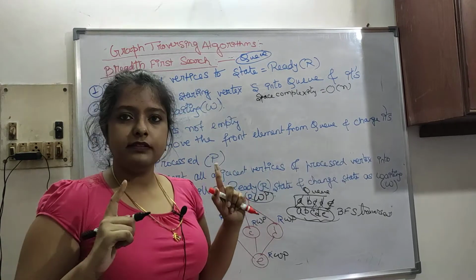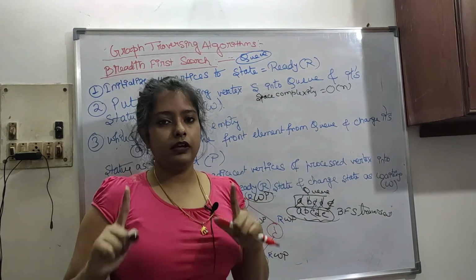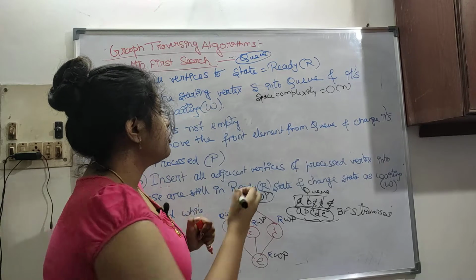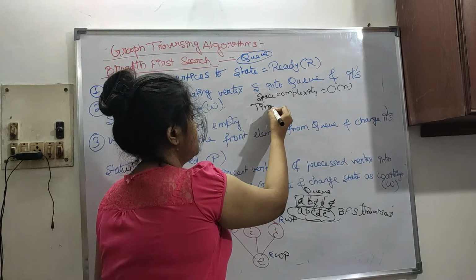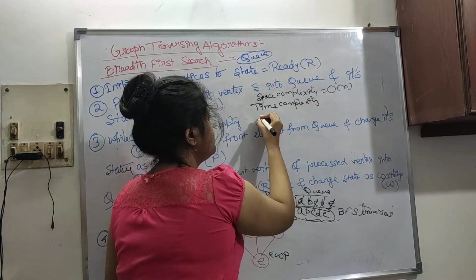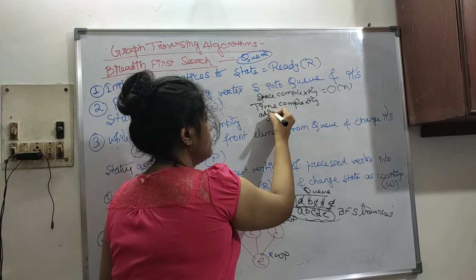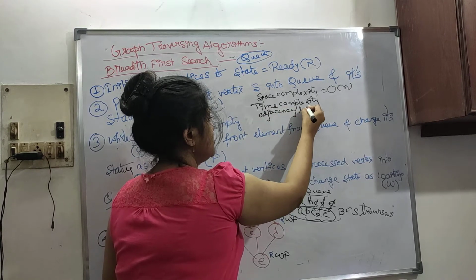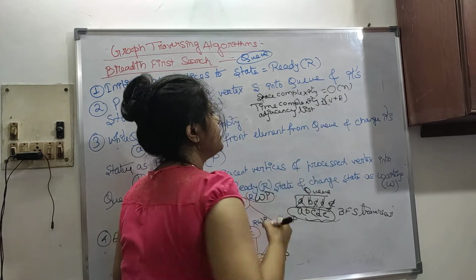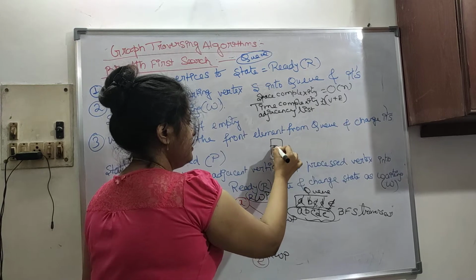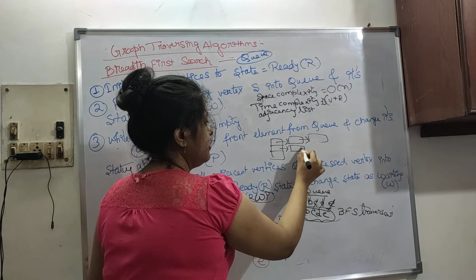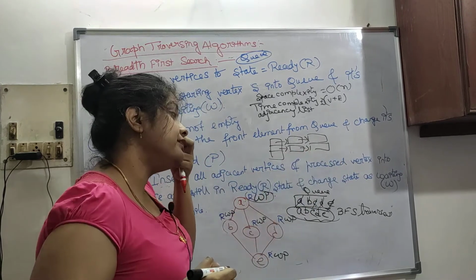So about space complexity, time complexity we will do in a detailed way in our algorithm course, which we will continue after this DSA only. So now time complexity. See, if we are using an adjacency list, then it is order of V plus E. What is an adjacency list? If this is like a list, linked list kind of thing, then it will take order of V plus E.